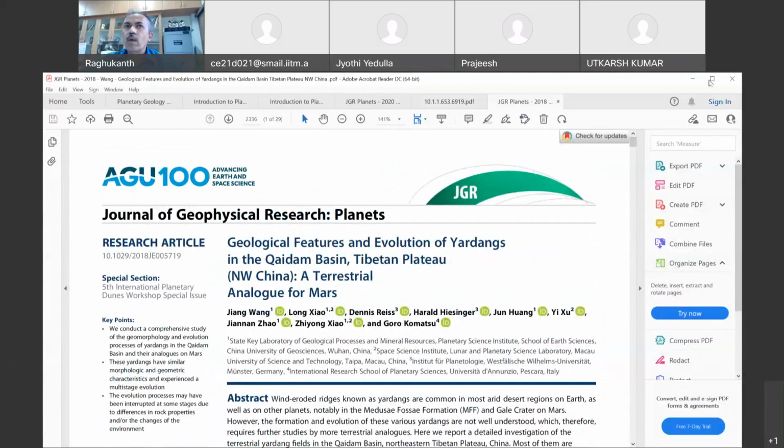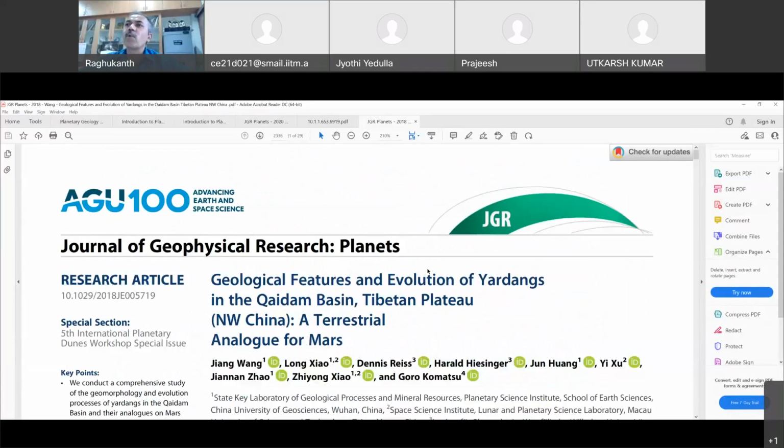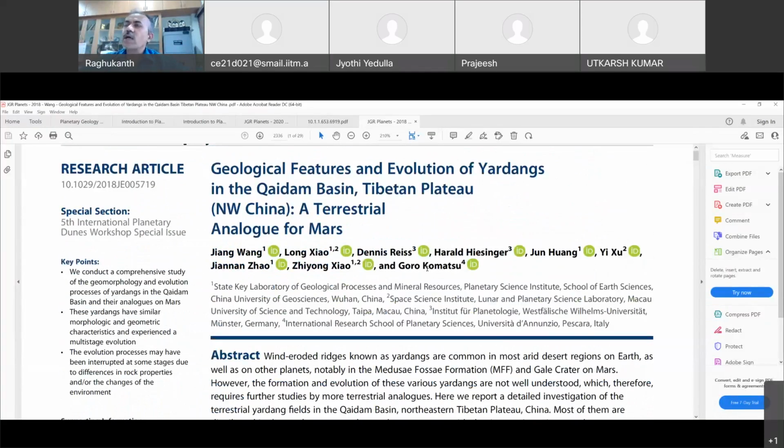Yes, sir. So now this paper is essentially about yardangs. Yardangs are nothing but wind-eroded ridges. So it is a mountain which has been eroded by wind itself, because Mars also has an atmosphere, dust storms and other things also. So these people, what they have done, it is also an analogy paper only. They are comparing Mars with